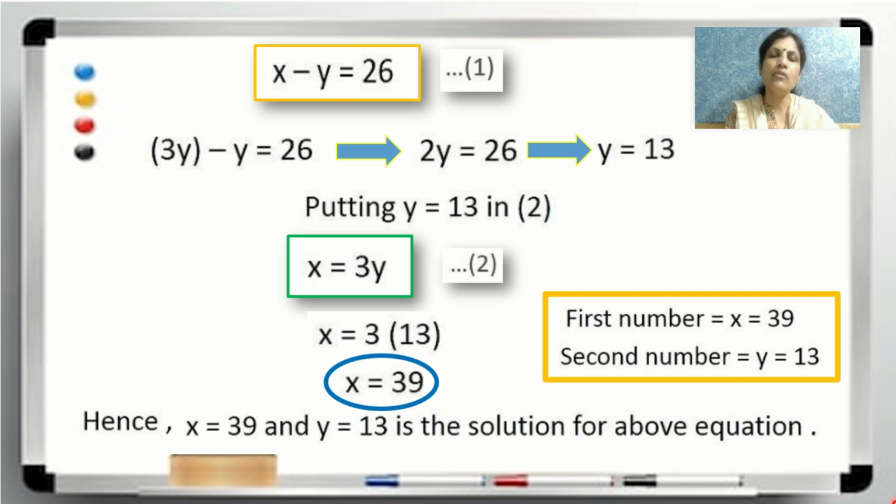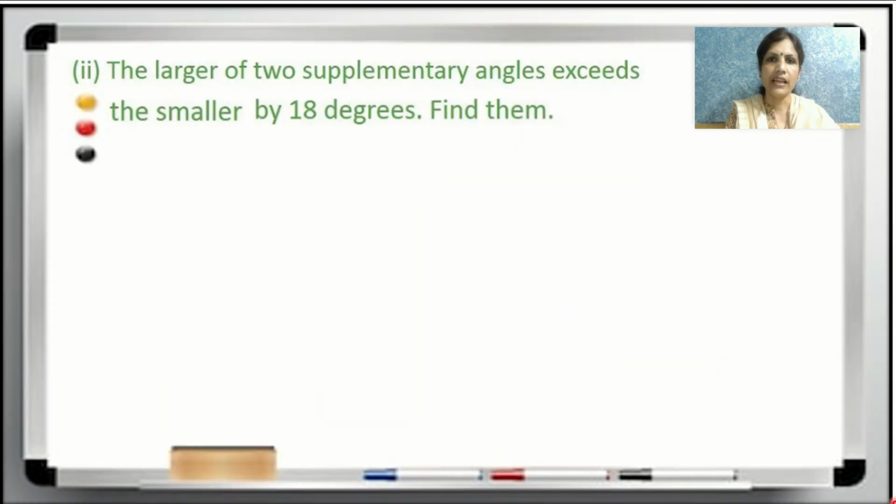Okay, this was the easiest and simplest sum. Probably they may ask this sum either for 2 marks or for 3 marks. And such simple sums are always there in the exam, so you need to attempt it. Okay, moving to the next sum now. This is the second sum.